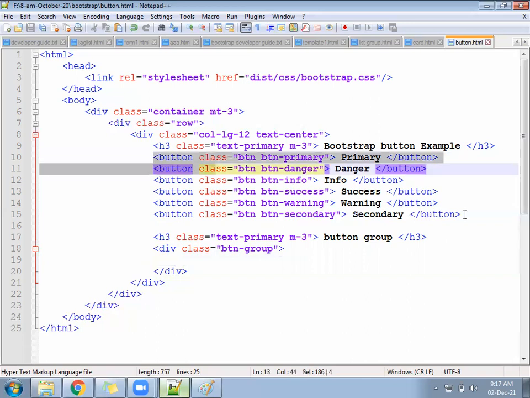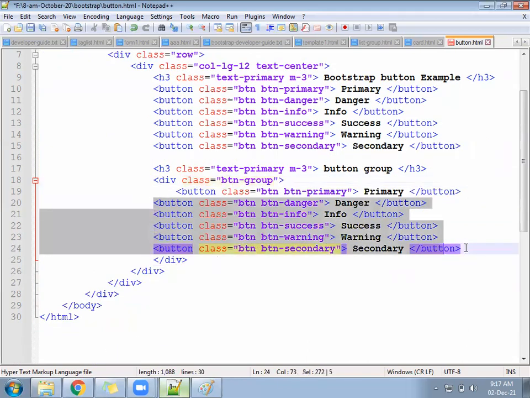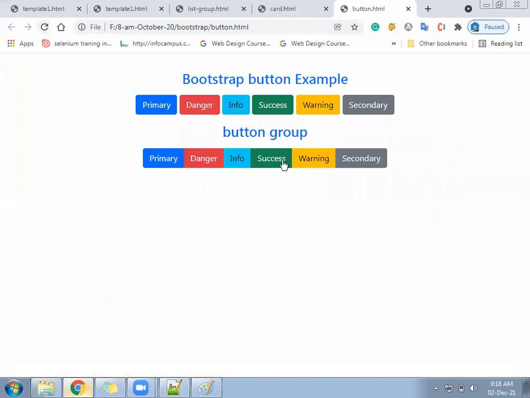In that btn-group, these six buttons we can copy and paste again, and check how that looks. Something like this.